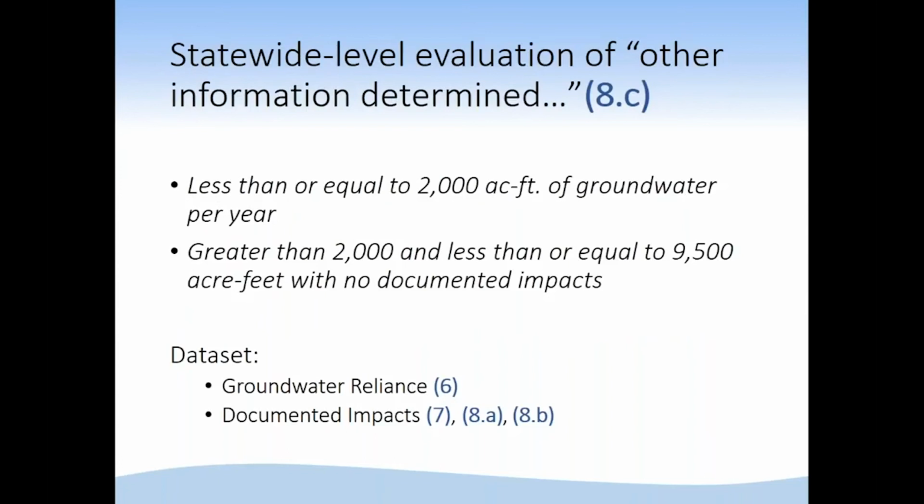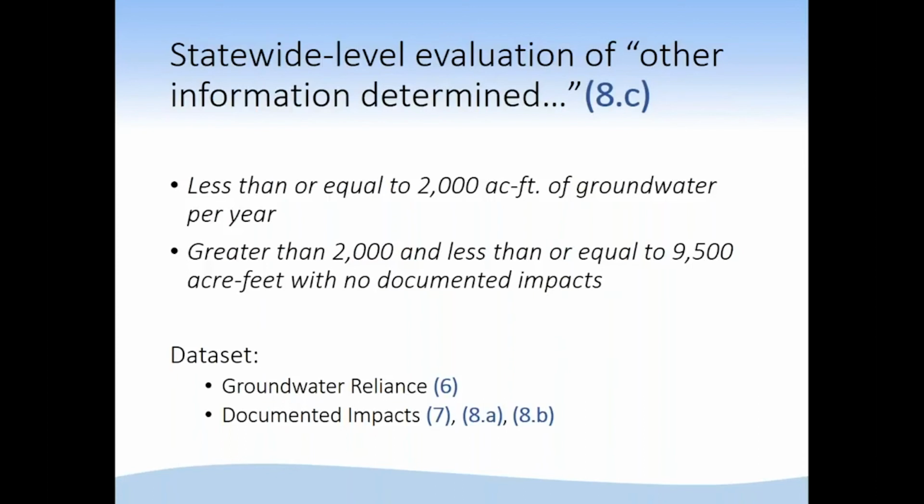Now we're into 8C, 8D, and 8E, which are analyses that we performed in order to determine the likelihood of whether the basin was going to be a very low priority, a high priority, or, in that case, a SGMA priority.